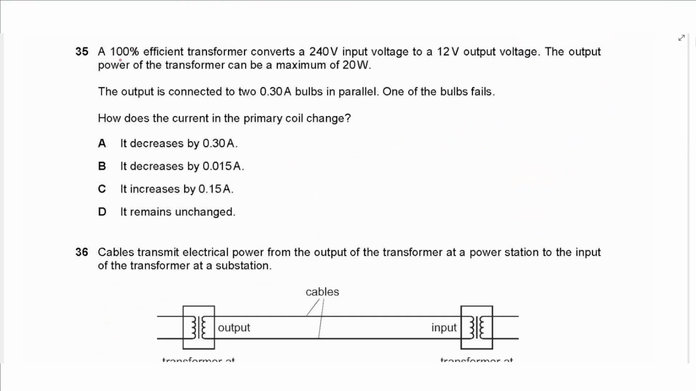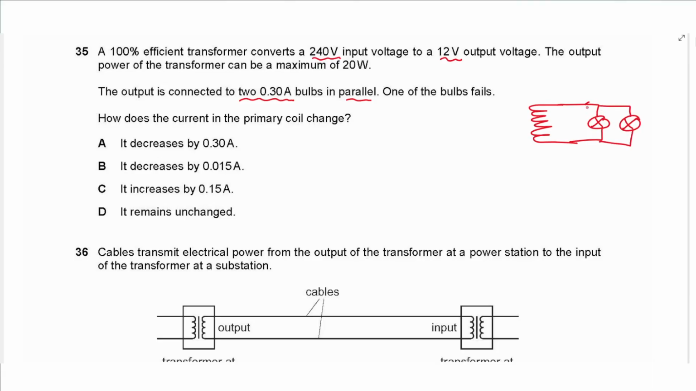Question 35 says a 100% efficient transformer converts 240 volts input voltage to 12 volts output voltage. The output power of the transformer can be a maximum of 20 watts. The output is connected to two 0.30 ampere bulbs in parallel. So if you connect the secondary coil of the transformer to two bulbs with each of current 0.30, you have